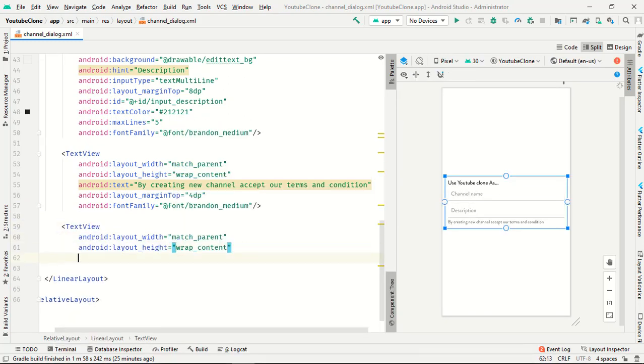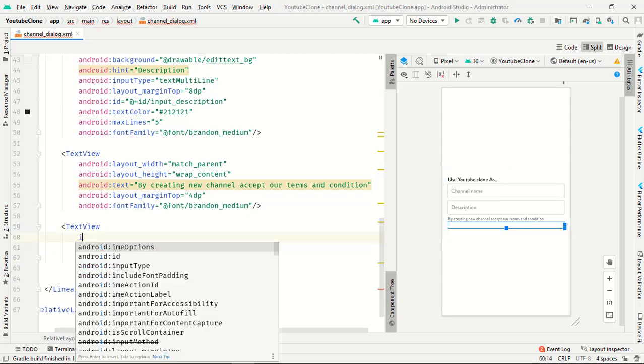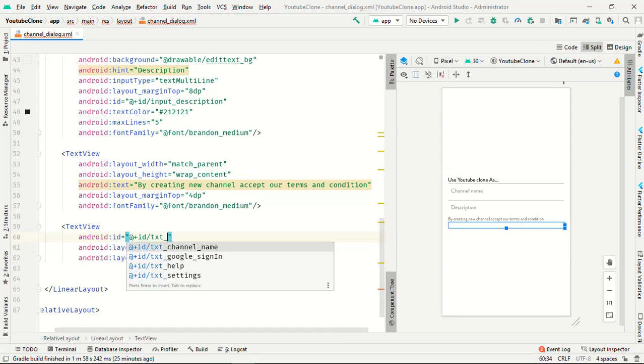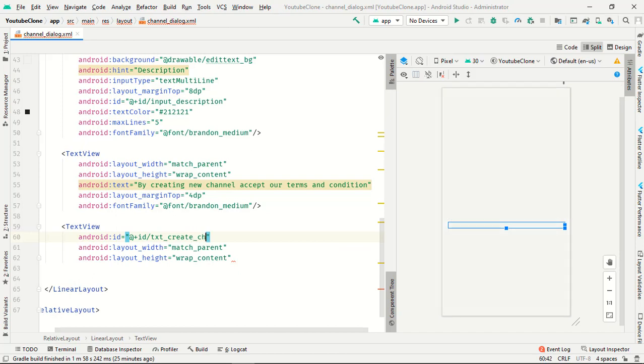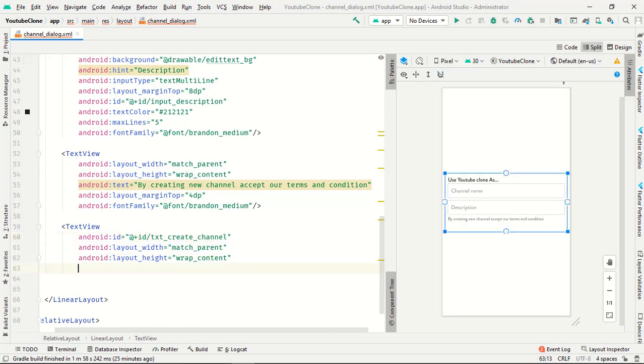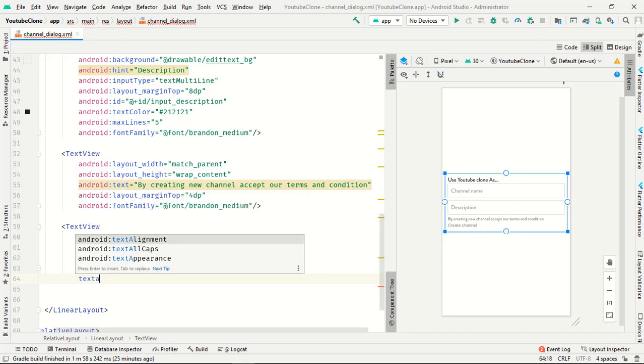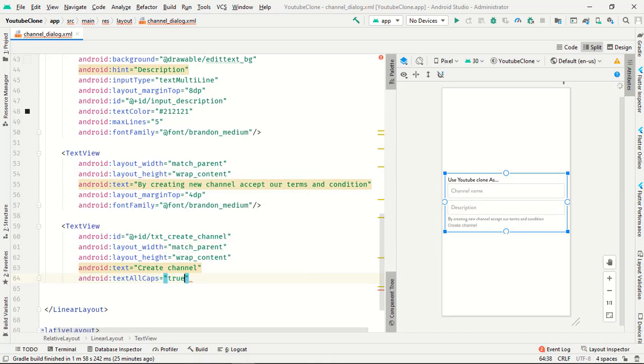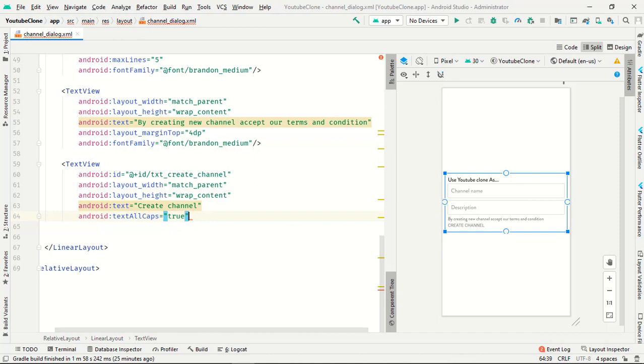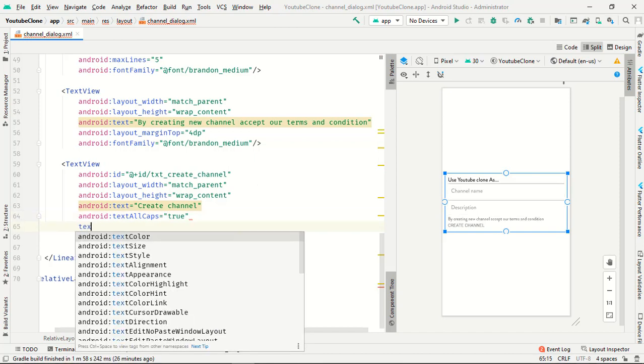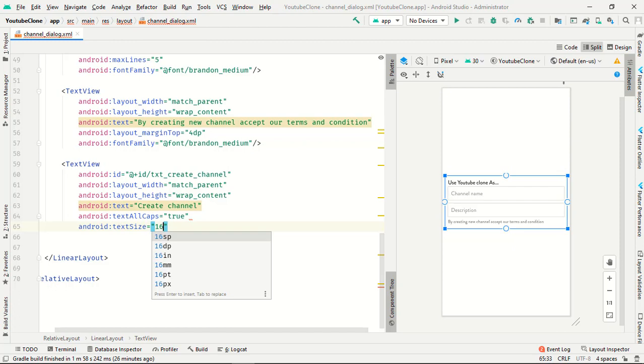Match parent, wrap content, ID will be txt_create_channel, and now the text is create channel. All caps is true. Text size will be 16 sp.